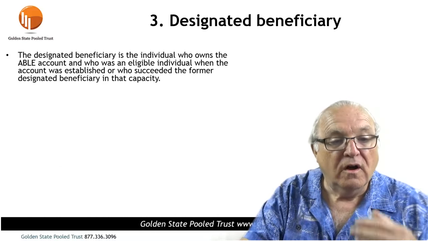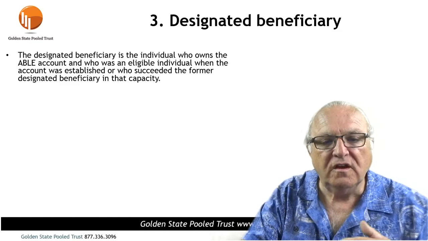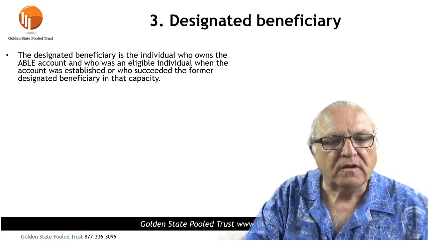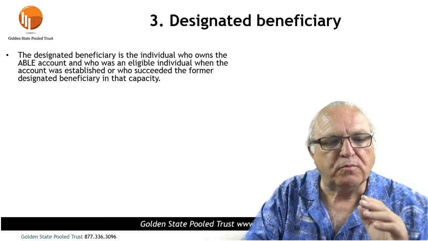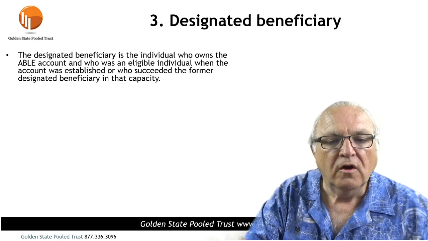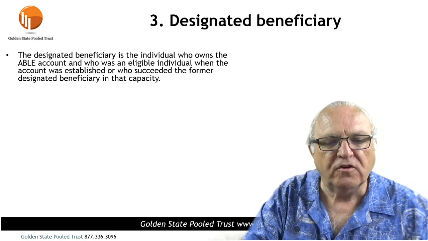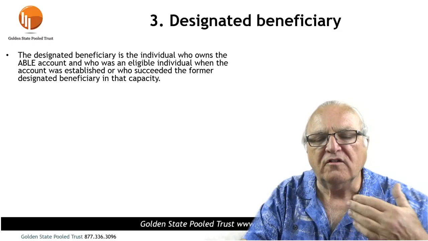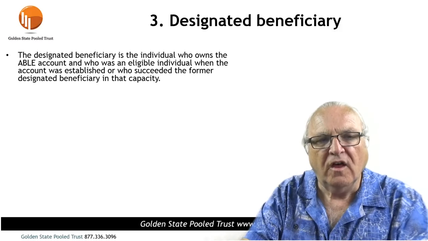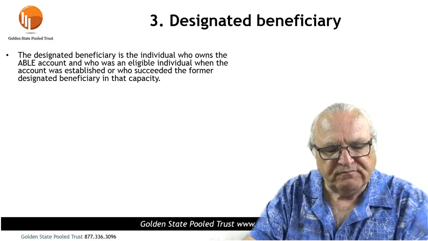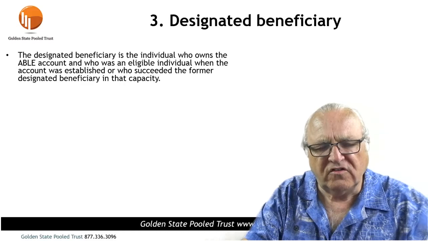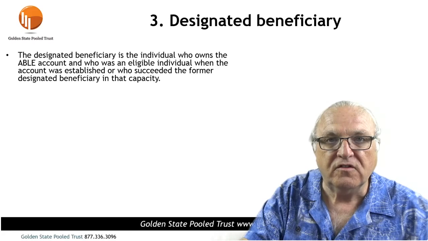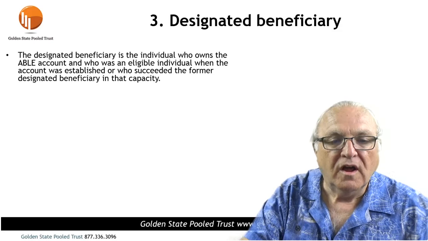Okay, so the designated beneficiary is the individual who owns the ABLE account here, and who was the eligible individual when the account was established, or who succeeded the former designated beneficiary in that capacity. In the limited situation here, the law does allow a transfer upon death to a sibling or step sibling if they are disabled and meet the same definition of disability as far as ABLE